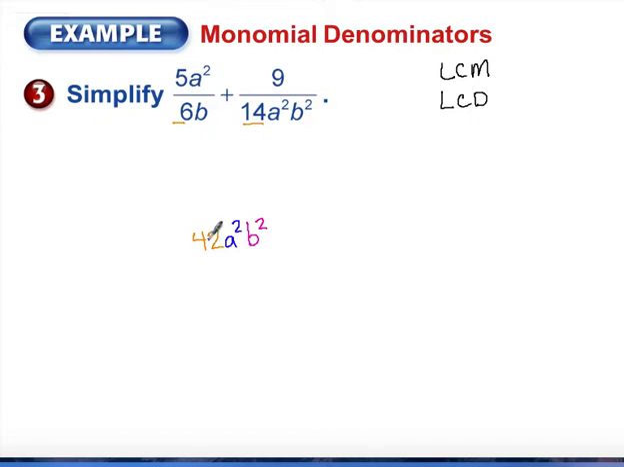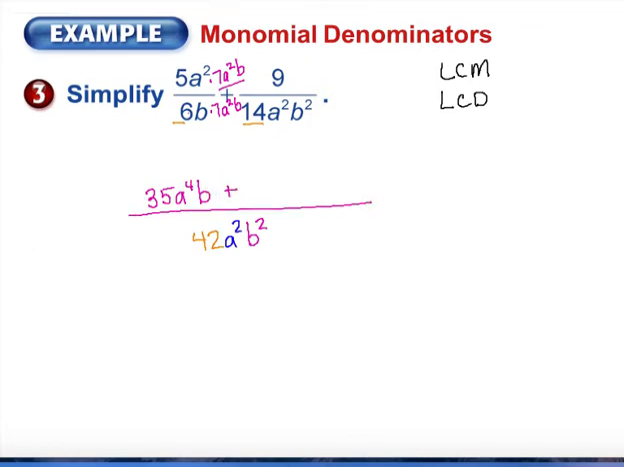All right, so to make both denominators be 42a squared b squared, I'm going to have to manipulate this expression. So the first one, I'm going to have to multiply by a 7 to make the 6 be a 42. I'm also going to multiply by a squared and an extra b. So I have to do that on top and bottom. So I'm only multiplying by 1 here. All right, so that's going to give me 35 a to the 4th power b